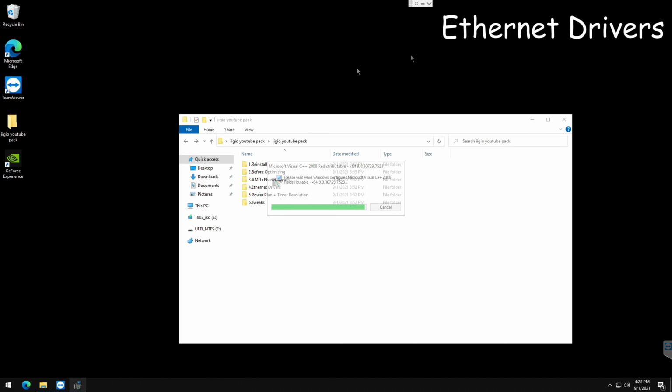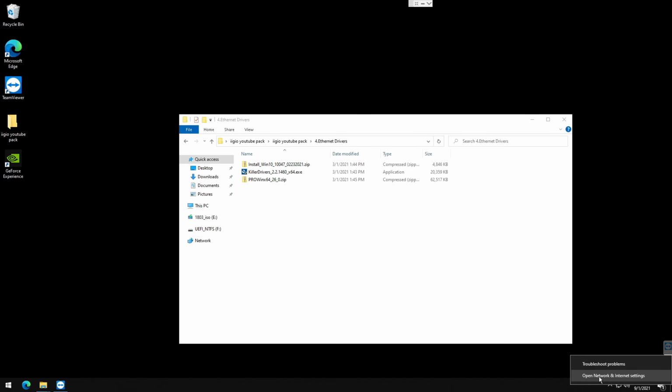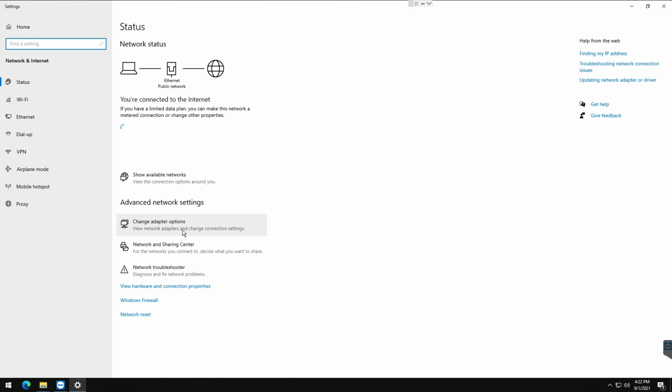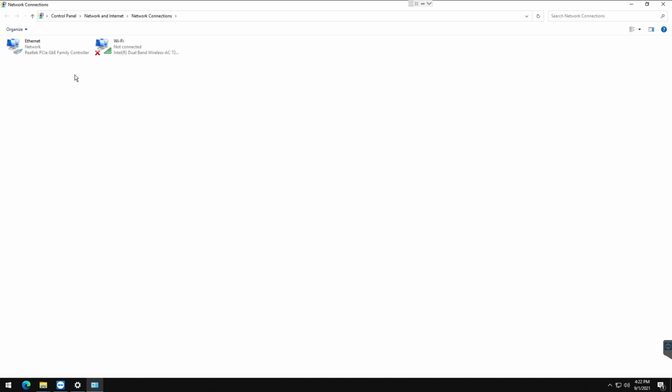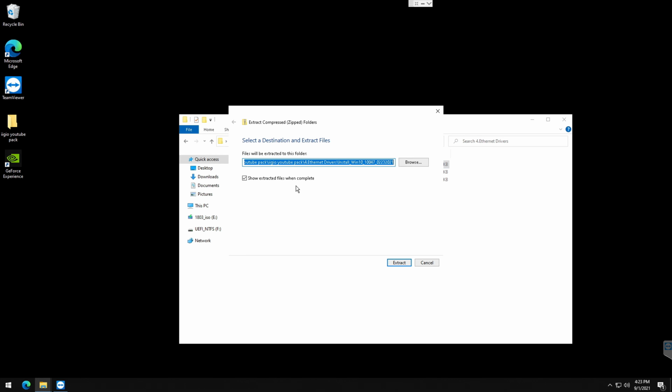I'll see you then. Now that we're done with the Nvidia tweaks, we want to go to our Ethernet drivers. Now to check what Ethernet driver or Ethernet controller you have, you want to right click here. You want to go to Open Network and Internet Settings, change adapter options, and right here, as you can see, my client has Realtek PCI GBE family controller. So we're going to exit out here, and we're going to extract the install Windows 10. If you have Realtek,